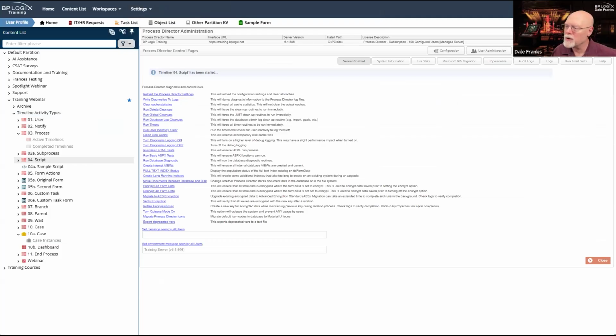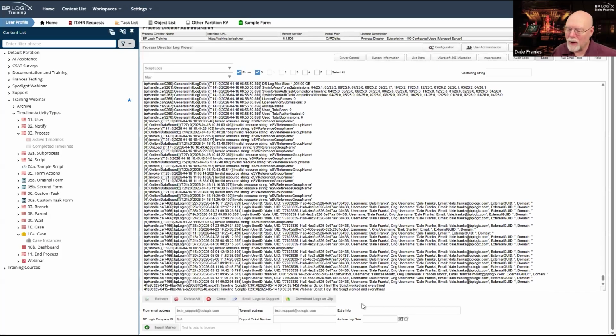I am, of course, going to want to check up on this. So I'm going to go to troubleshooting and go to logs. And what I expect to see is this right here. It's in my script logs. The script started and everything. You may notice that this is repeated twice. I did it at 9:34 this morning before the webinar, and that was the only script that had run. So the repeat is the one that we just did right now at 10:50. So my script works. It made my log entry as I expected.